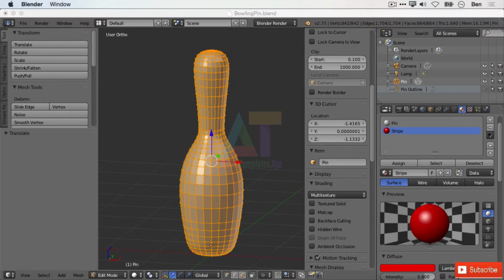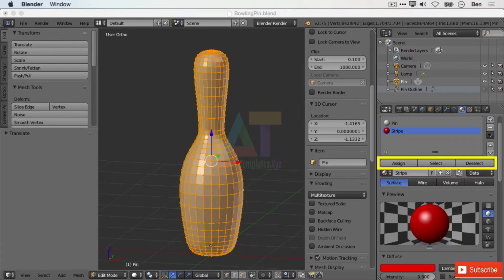I just want to bring your attention to one more thing, which is now that you've entered edit mode, three new buttons have come up here in the panel on the right hand side under the material slots. You have assign, select and deselect. So assign assigns the currently selected material in the slots above to the geometry that you have selected in the scene view. The select button selects the entire thing, so the pin,